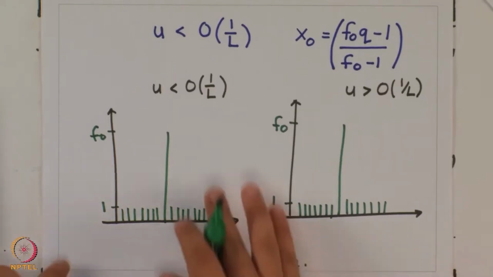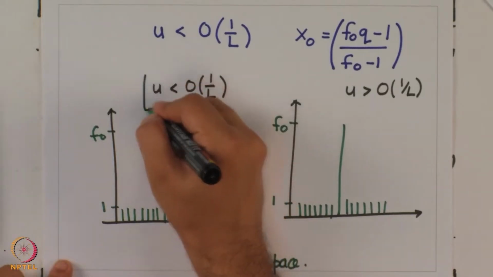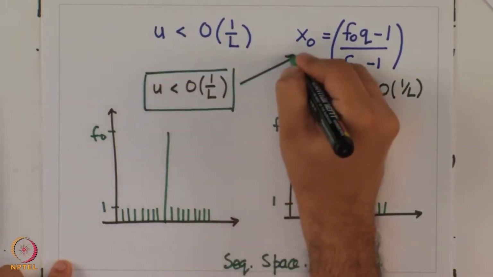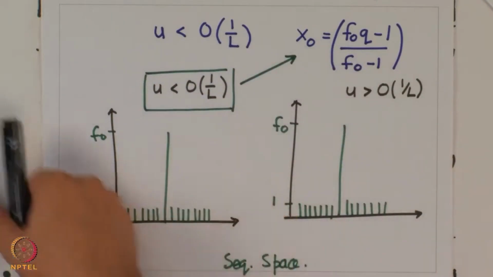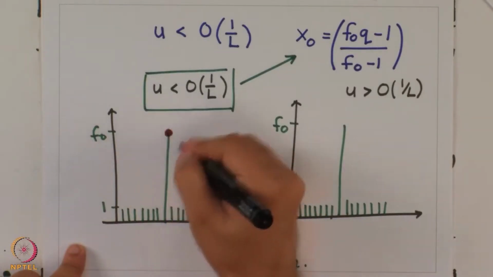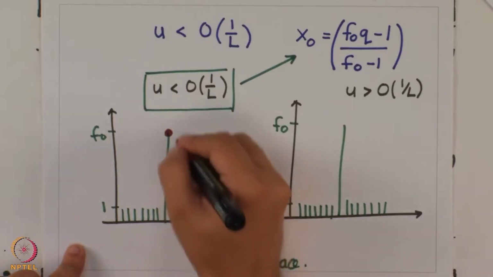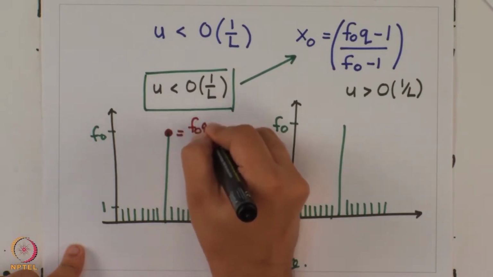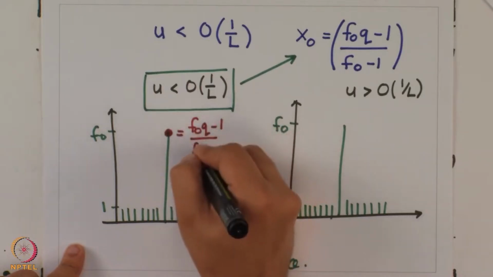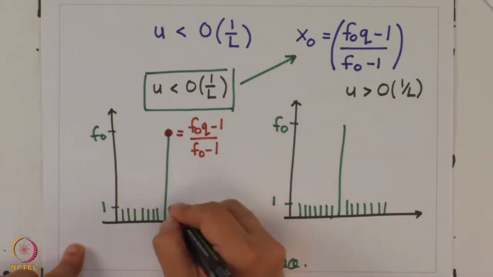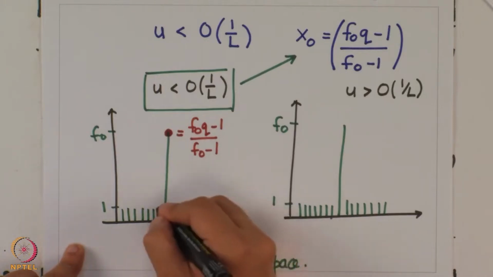What is happening in this case when the error rate is below the threshold is that you get a finite x naught distribution. The fraction of individuals which belong to the fittest sequence is equal to f naught q minus 1 by f naught minus 1. And then there is a distribution around this peak, as in you have some individuals here,